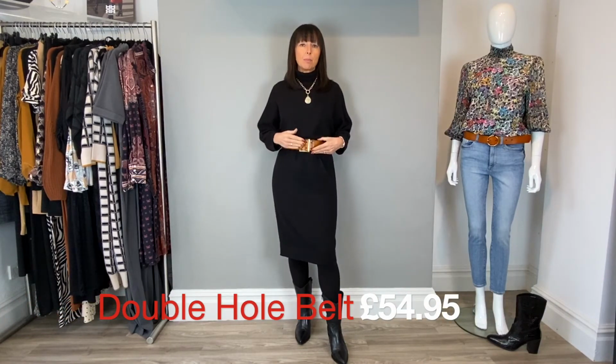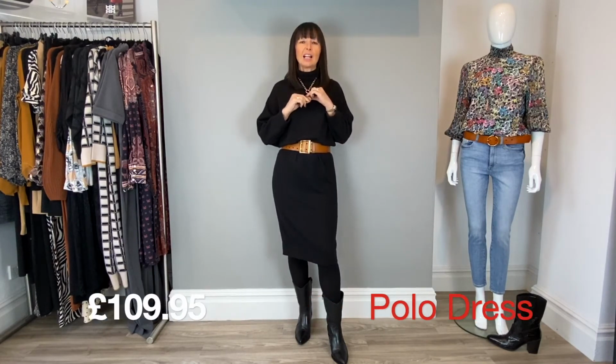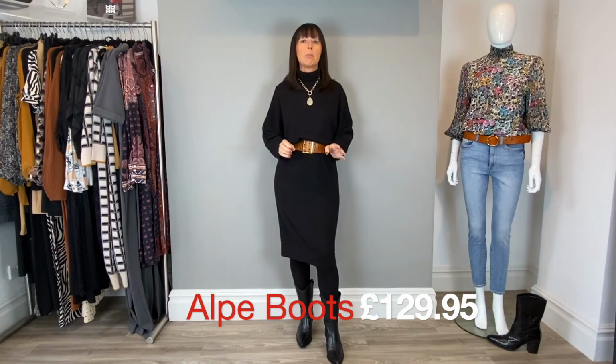But I've popped it on with a belt because we are selling loads of belts at the minute because that is a massive trend. And this is a beautiful leather one from Vimoda in Paris. The belt is $54.95. The dress is $109.95. And I've just teamed it with a little envy necklace. Quite liking a bit of short necklaces at the moment, particularly because of the belts, because your long ones sometimes are sort of dangling and clashing against your belt buckle. And then last but not least, the fabulous Alpe kind of slightly Western style boots, but they're mega comfy,